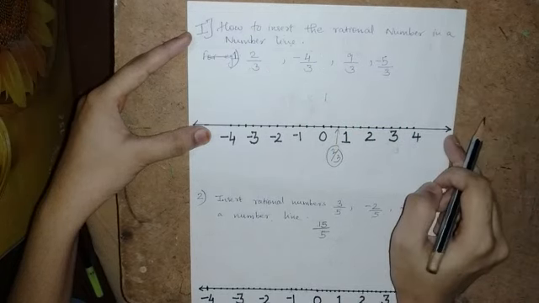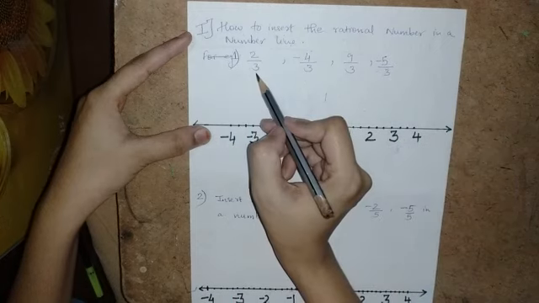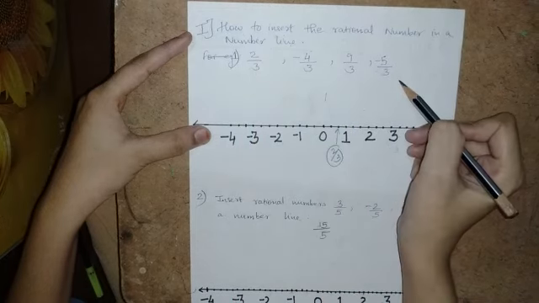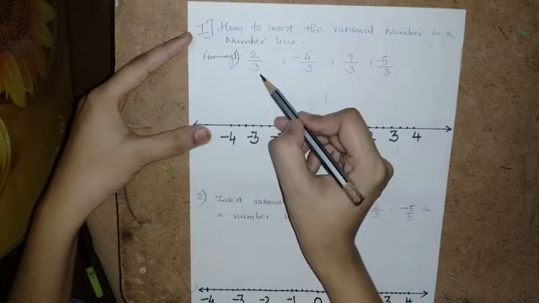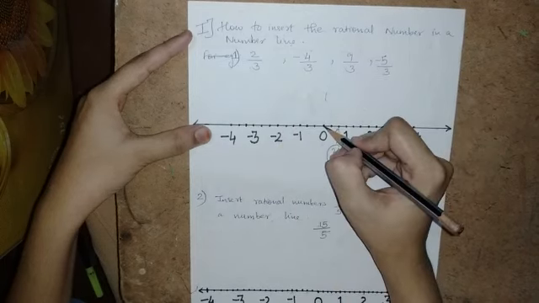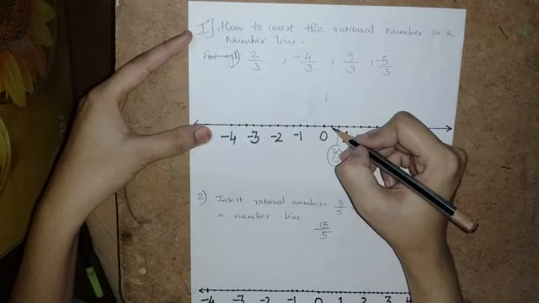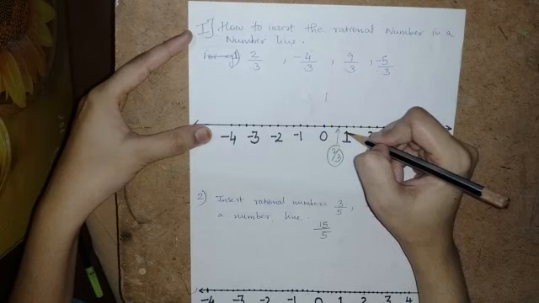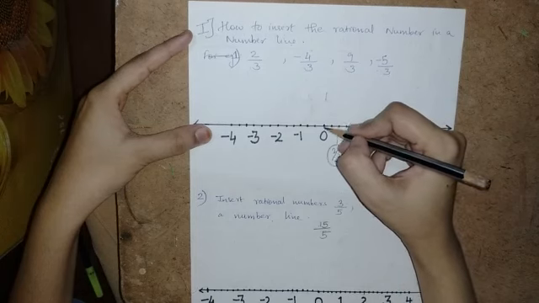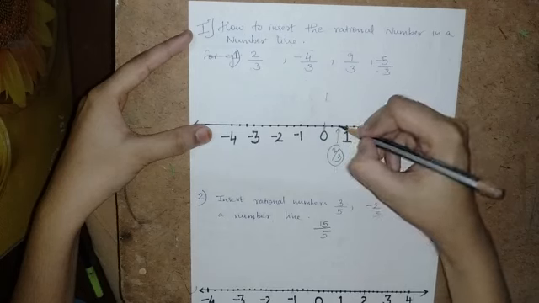So we have made a number line, as I have taught you how to make a number line. First what do we have to do? We have to see the denominator. Here the denominator is 3. So after 0 we have to put 3 dots, then our main integer 1 will come. So first 0, then 1, 2, 3 dots.